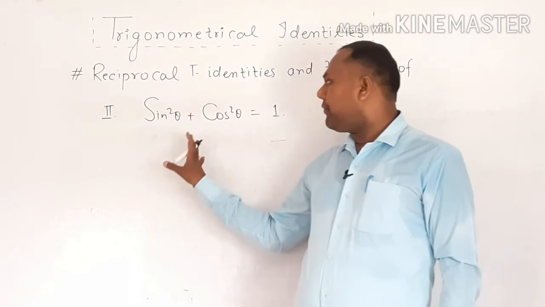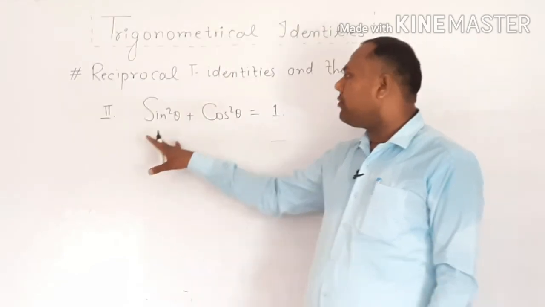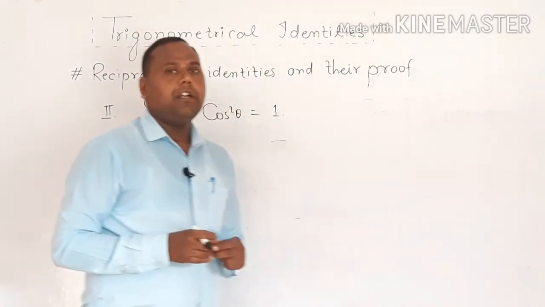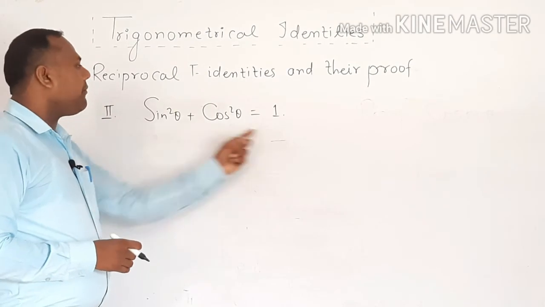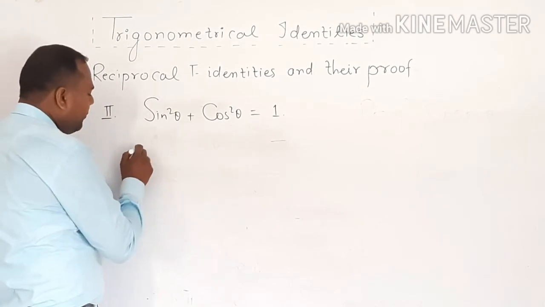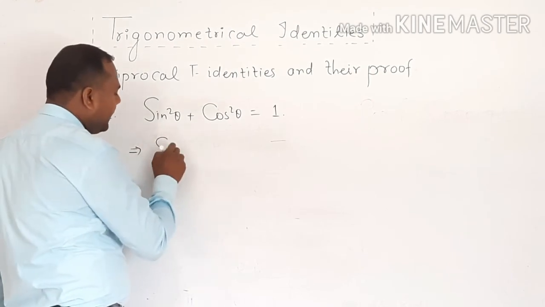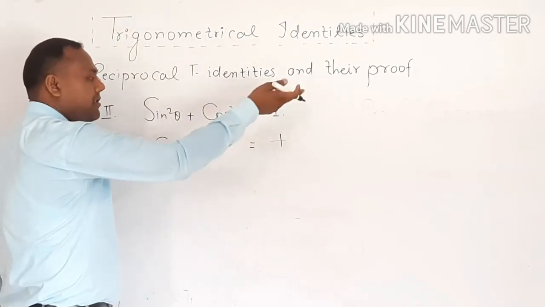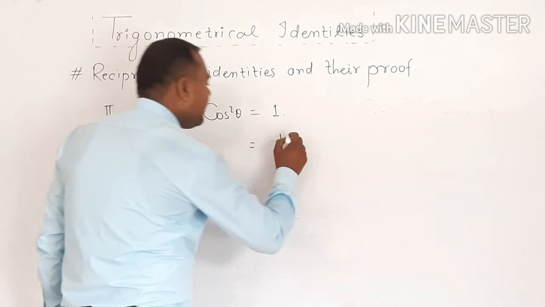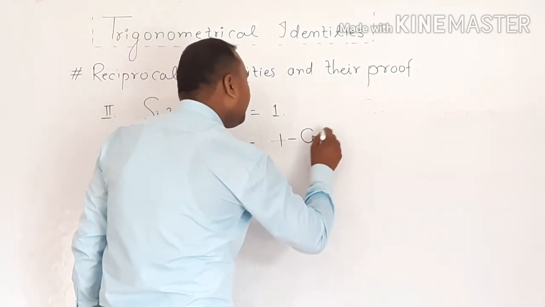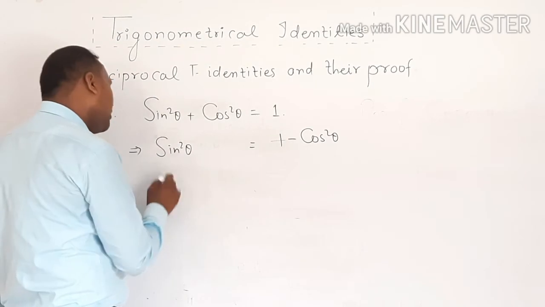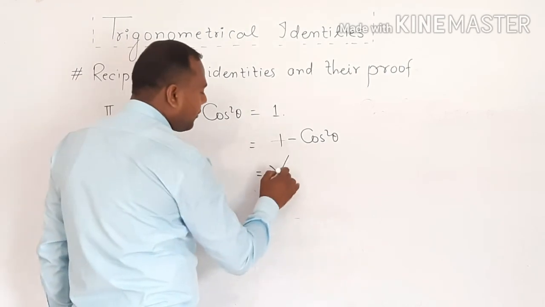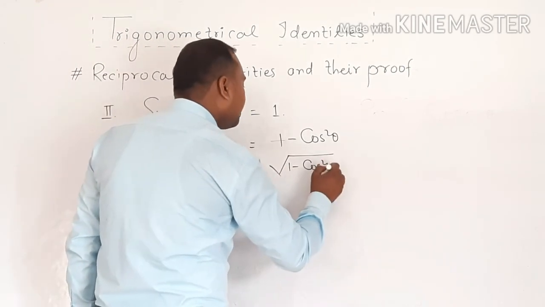So firstly we concentrate on this formula: sin square theta plus cos square theta will be equal to 1. Firstly I would like to derive from the formula in this format. If we want to write sin square of theta, it will be equal to 1, and the plus sign, after changing the side, turns into minus. That means 1 minus cos square theta. That means we can also say that sin of theta will be equal to, this square turns into a square root, root of 1 minus cos square of theta.